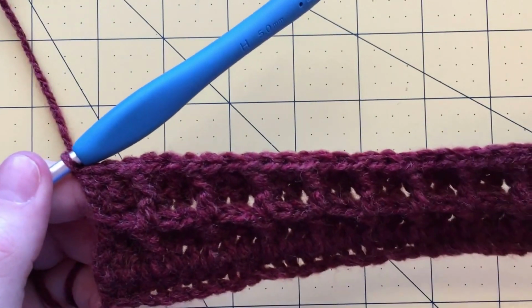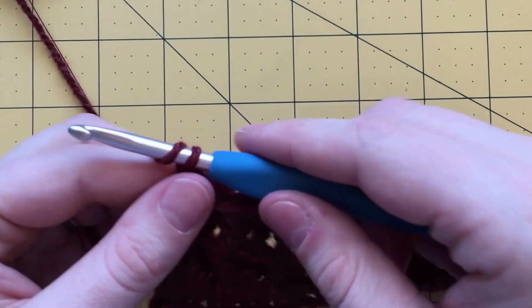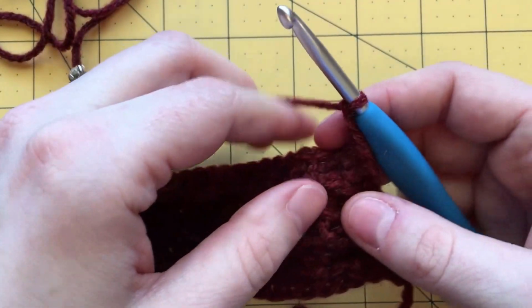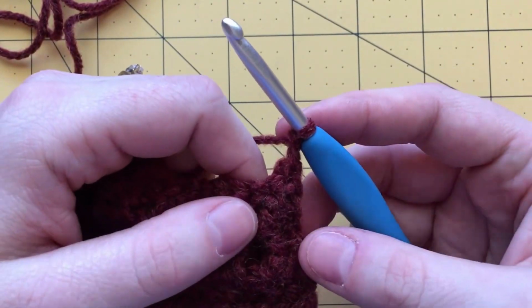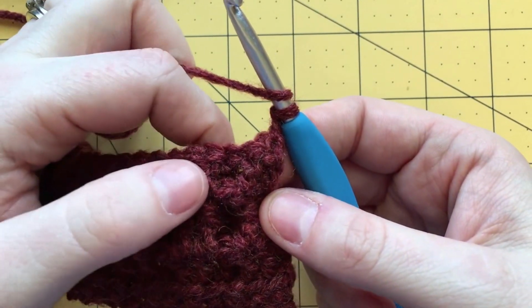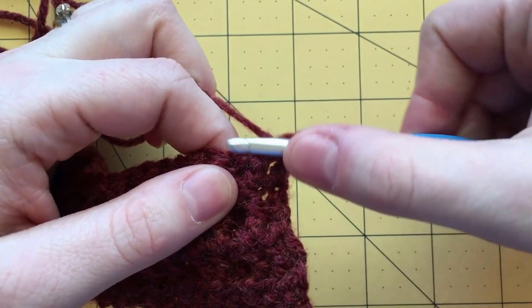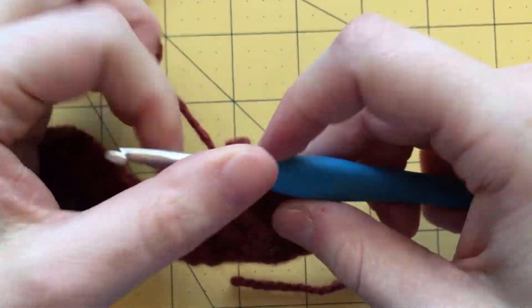So that's the end of that row, and then chain 2, turn your work, and now we're on the back side again. The chain 2 counts as your first stitch, so yarn over, and then we're going to be working a front post double crochet into this one here. So front post double crochet into that one,